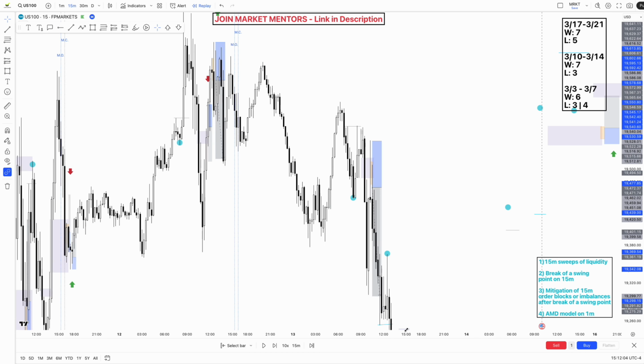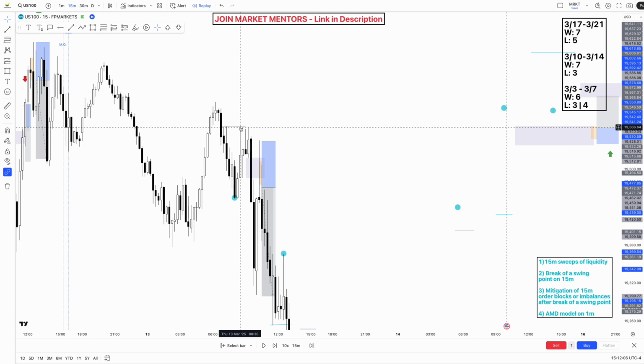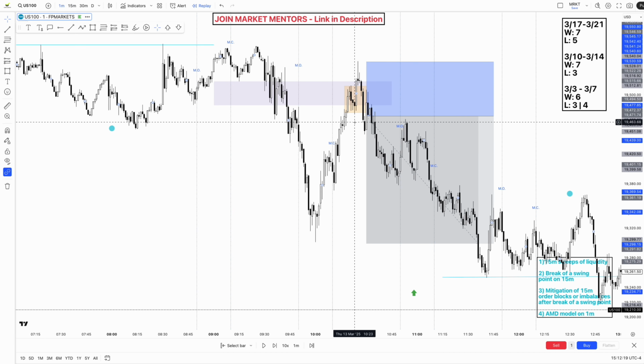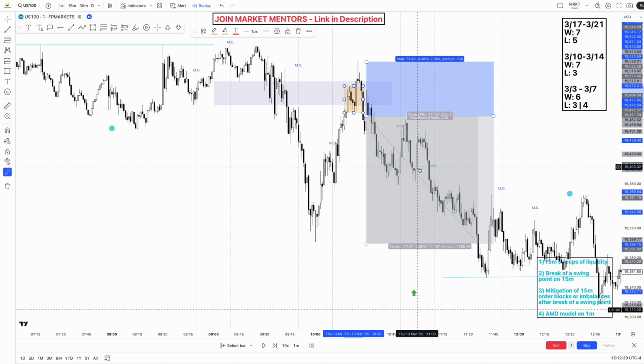We're seeing the sweep liquidity here, breaks or sweeps just above it, breaks this swing low, and then it leaves the imbalance here. So looking for a sell once it tags back into this imbalance area, and you see it's formed here with this accumulation. Then it sweeps above it, sweeping all this liquidity. Then it breaks to the downside, distributing down, giving us this minor imbalance here, and then it goes and hits